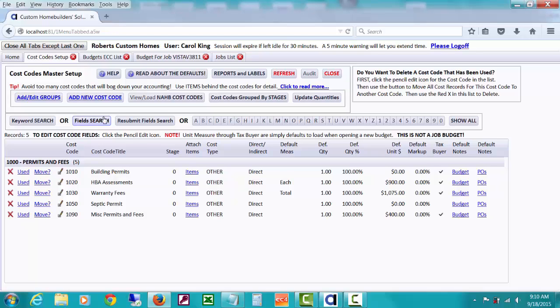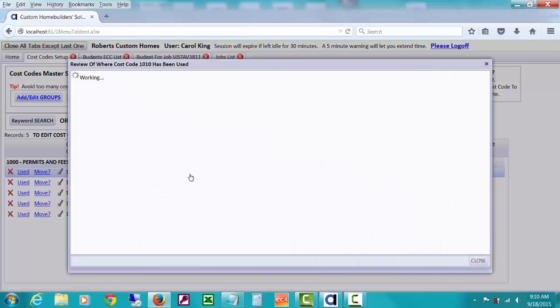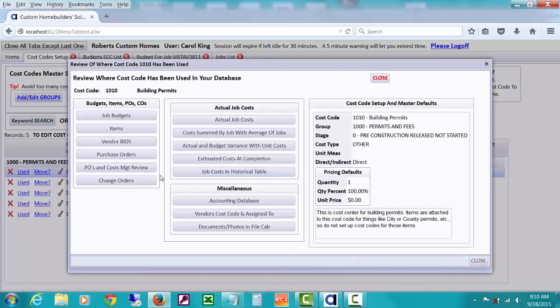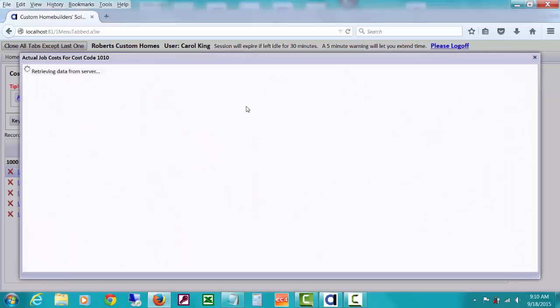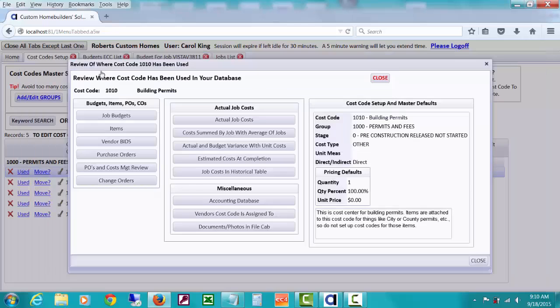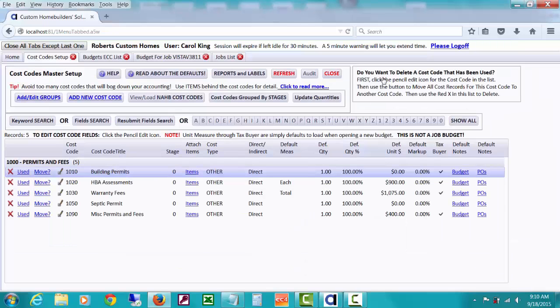So that's how you can do some of the cleaning up of your cost codes. Use this button to delete. Like I said, you can use this used feature to review all kinds of places where this cost code has been used. I can look at actual job costs for that cost code 1010. There hasn't been any. We might want to clear our search now and show all,